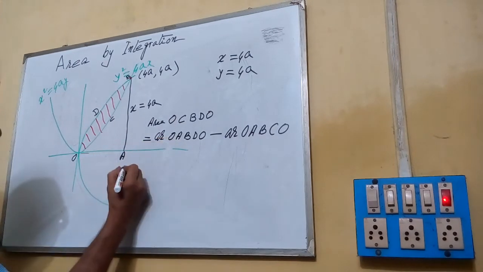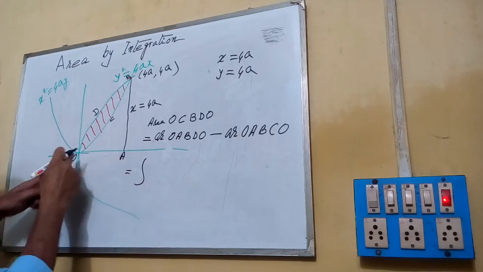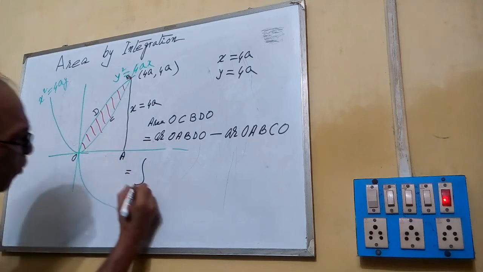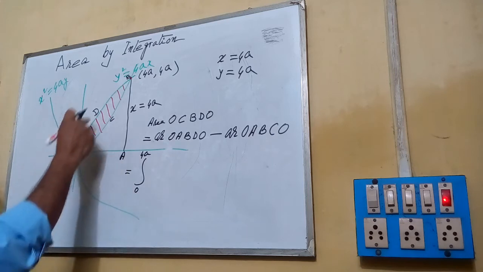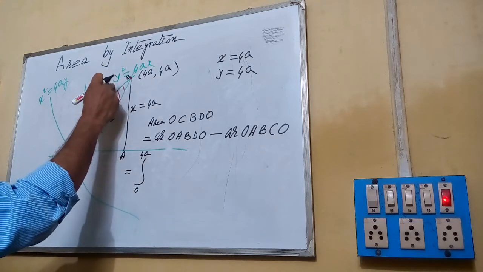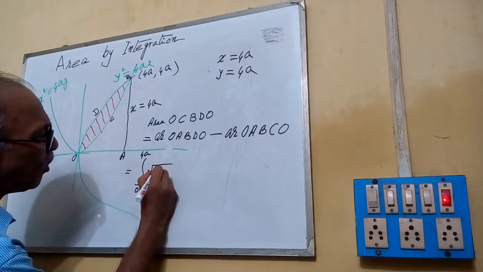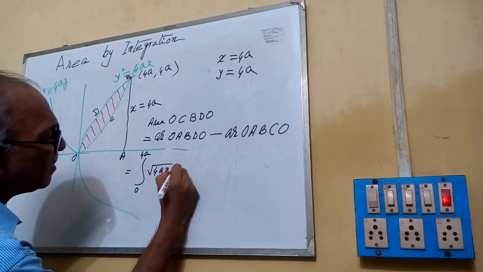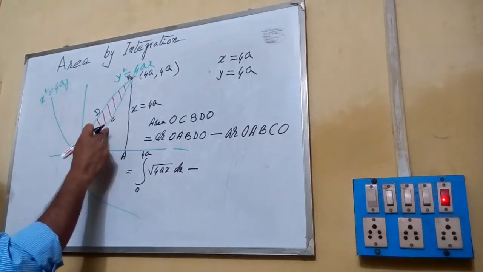Area OACDO is equal to the integral from 0 to 4a, by this curve, what is this curve? y square equals 4ax, so y equals root of 4ax, dx,